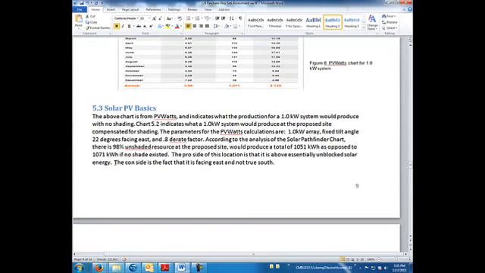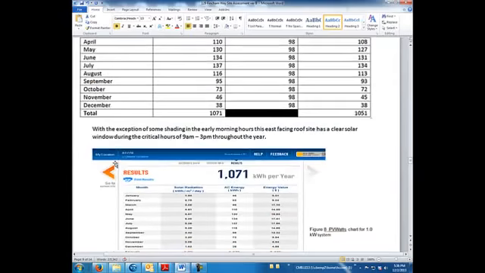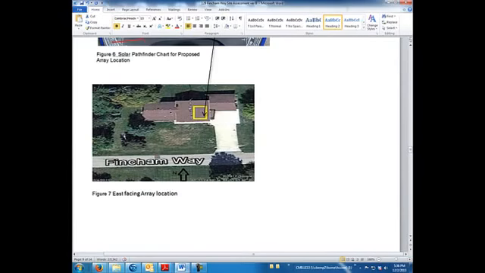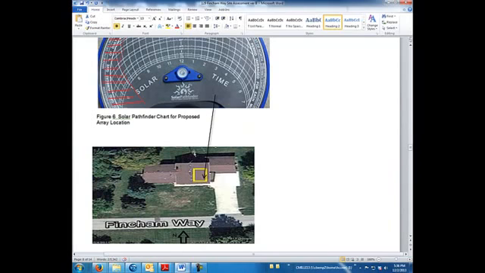What does the proposed location give you? Could we have done a site on the west side of the building? And the answer possibly could have been yes. But using the solar pathfinder, I did a quick cursory walk around and I realized that this tree is going to shade the south-facing roof line pretty much all year round. And then the second part about the problem is going to be that this location here is still shaded by that tree, more so than I wanted it to be, but